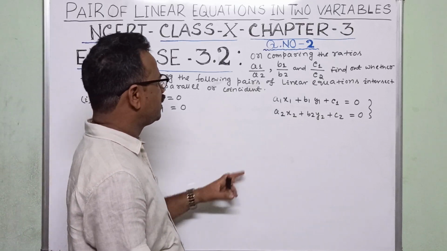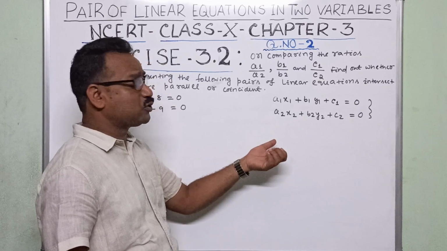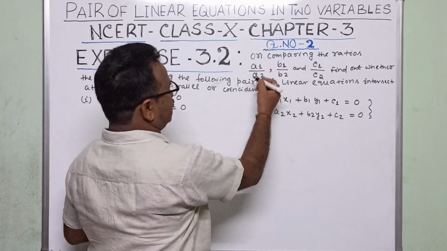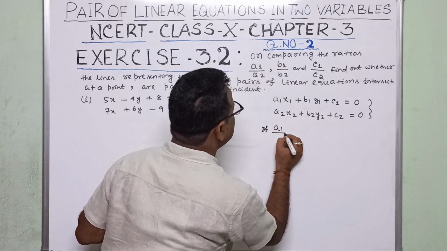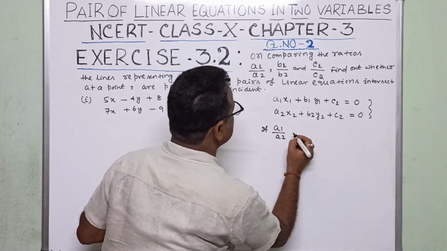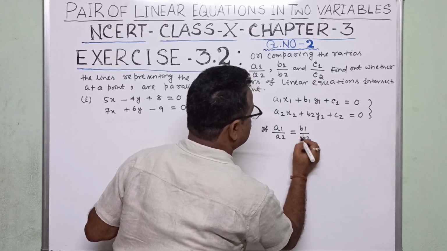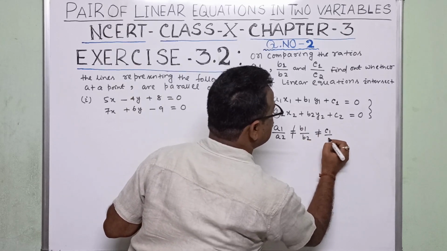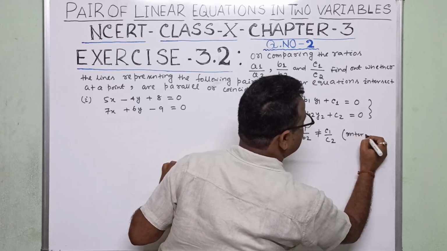Now here, what is A, B, C? You know A1, B1, C1, A2, B2, C2. Already explained. Now conditions. If A1 by A2 is not equal to B1 by B2, then